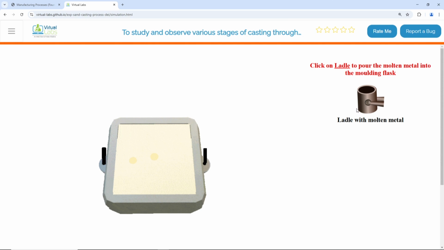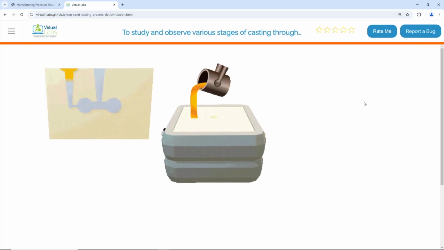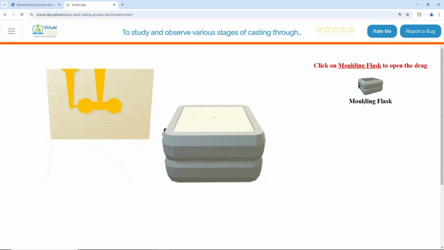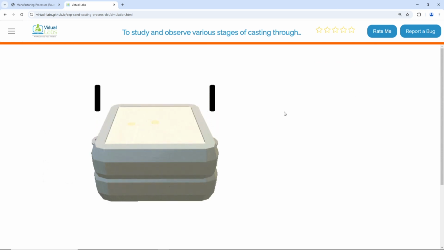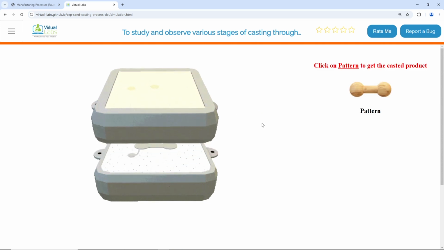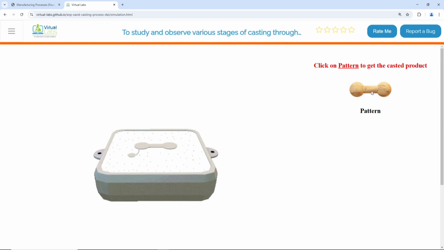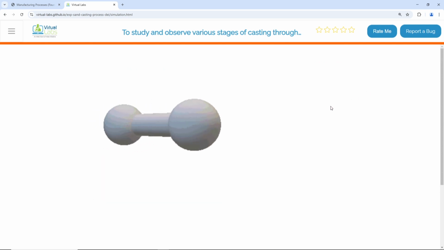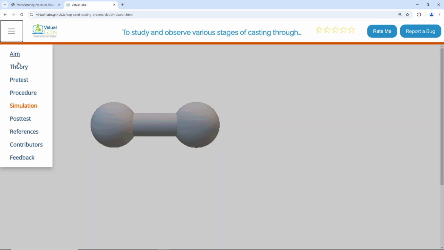Now the part is filling. Separately you saw in the block diagram that furnace had the molten metal ready. The molten metal is there, that is brought using this ladle. Using the ladle we are pouring the molten metal. Now this pour part is there. Next is the cooling part that has to happen. The cooling will happen. After cooling we have to remove the casting. This is the casting that is ready. So this was the virtual simulation.